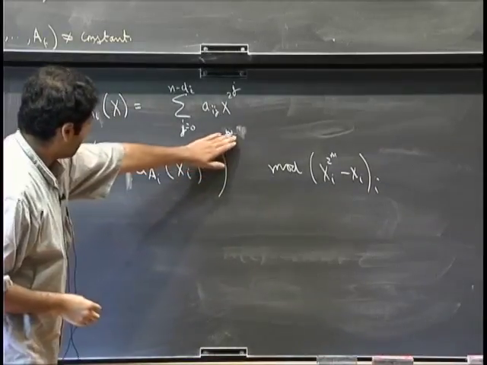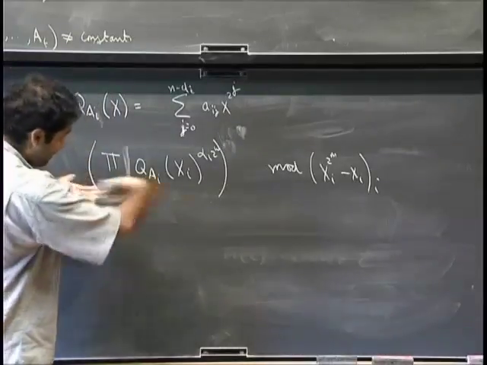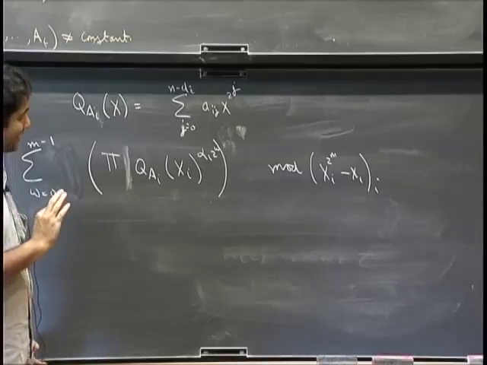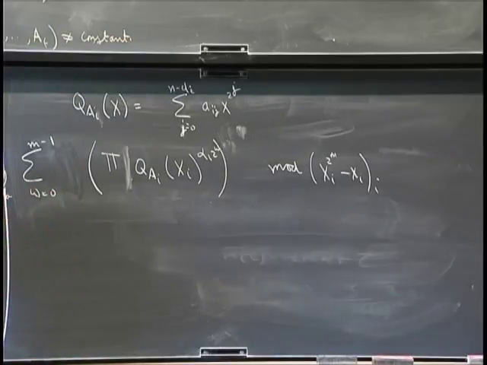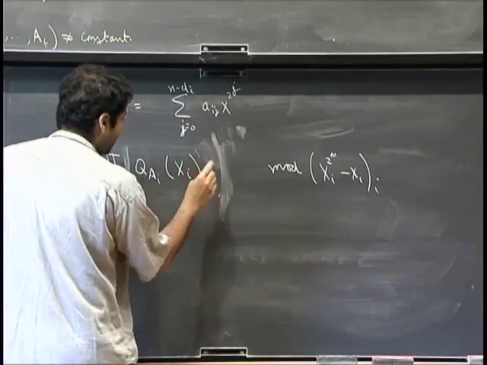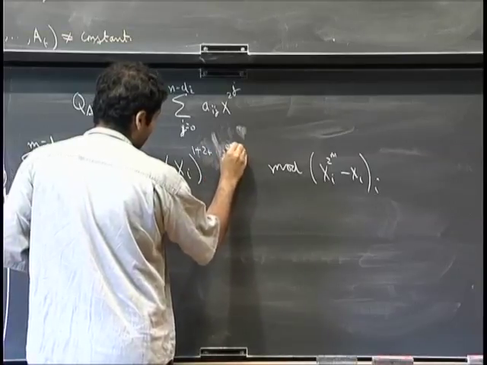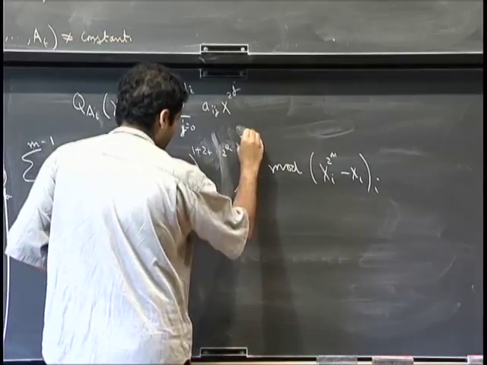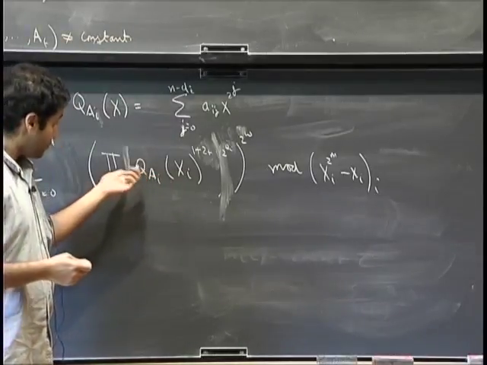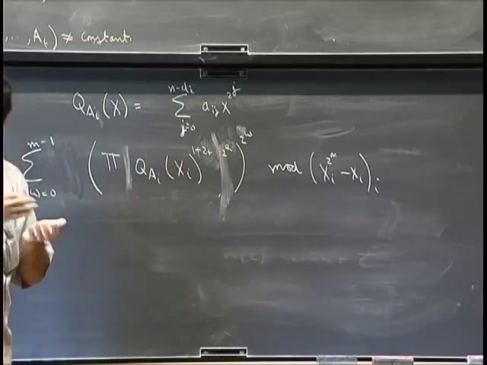Okay, so this I can bring here, and now I can just expand it out. So what is not so daunting about the expansion is that alpha is actually 1 plus 2 plus dot dot dot up to 2 to the ei. Okay, I'll leave the w. And so QAI of xi to the power 1 plus 2 plus up to 2 to the ei is the product of